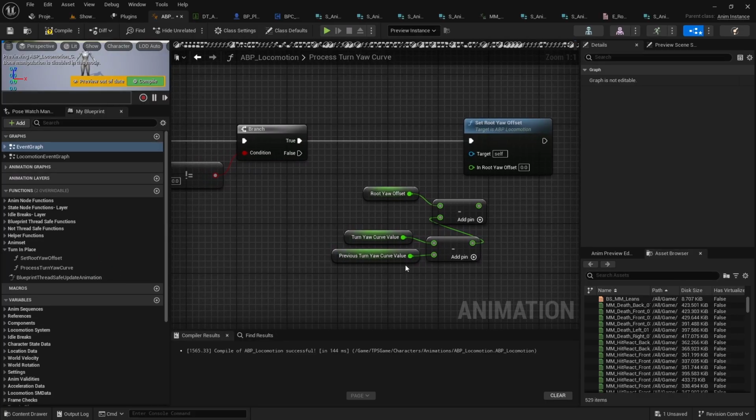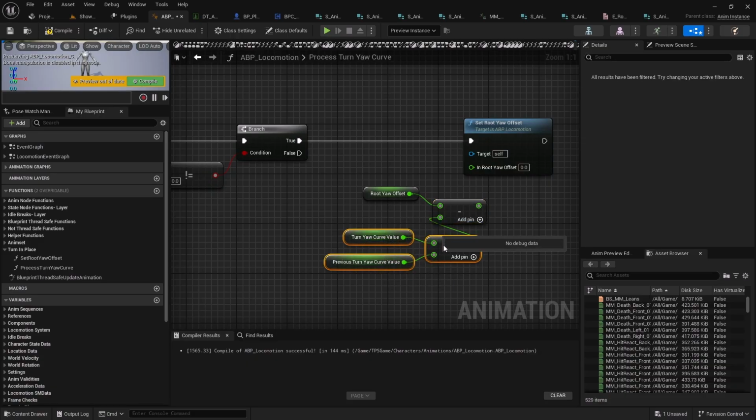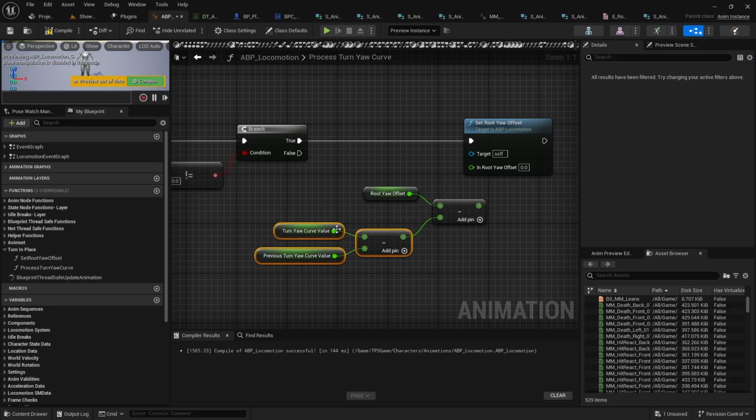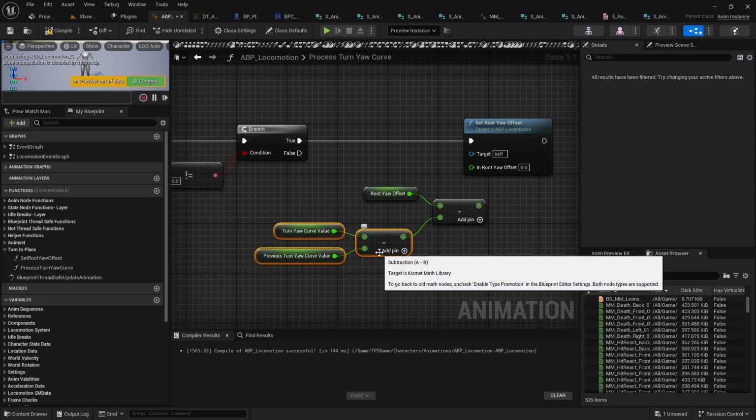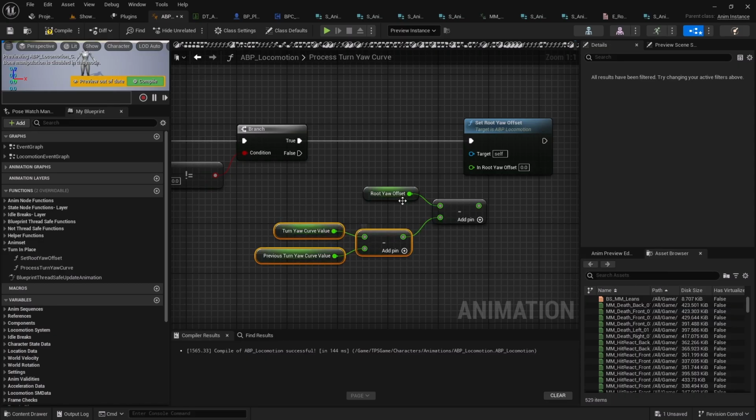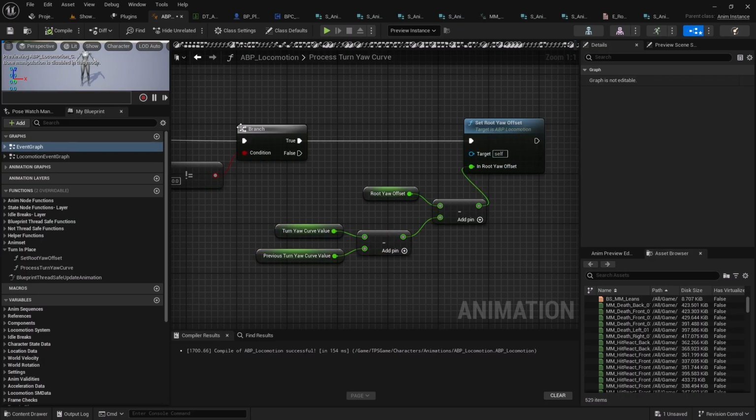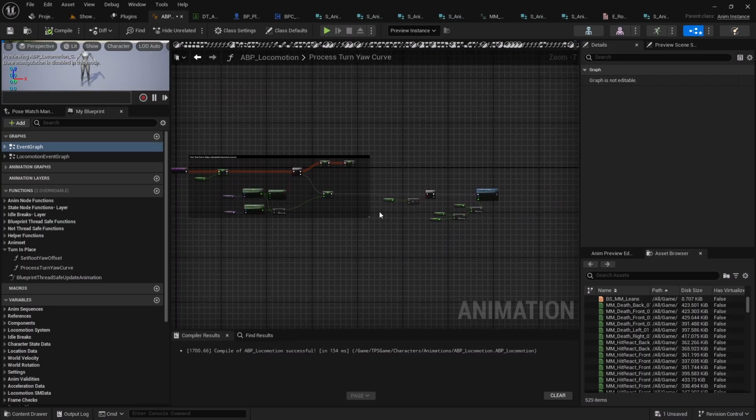Subtract there, right? So these are values taken from curves, and we reduce that curve value from the existing root offset value and update it accordingly, right? Okay,